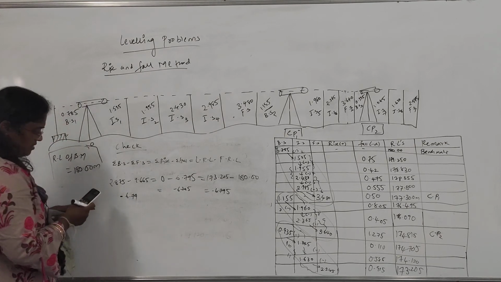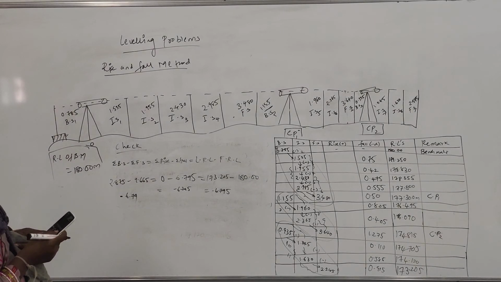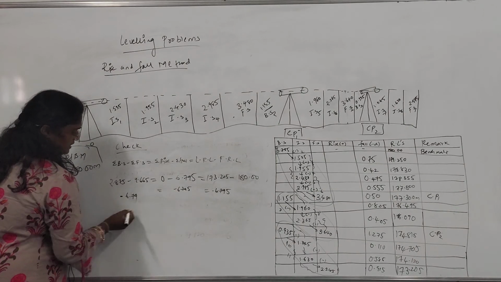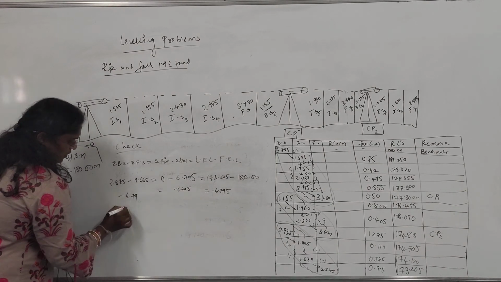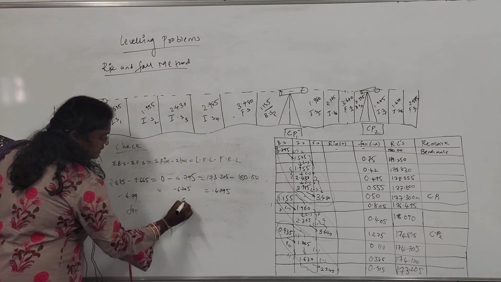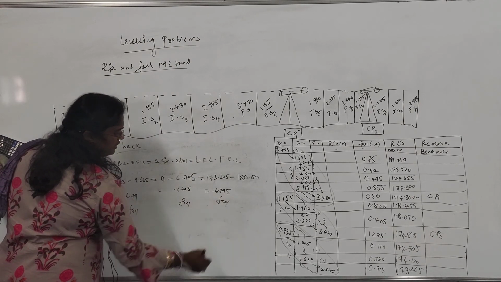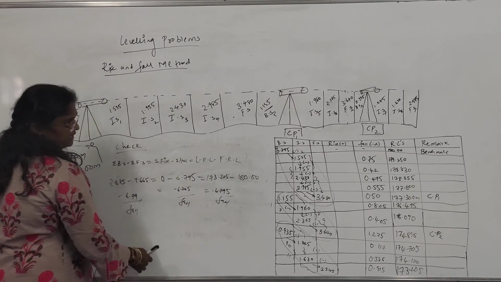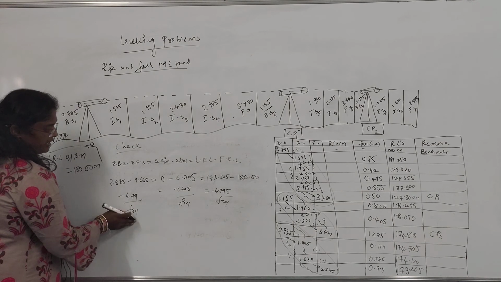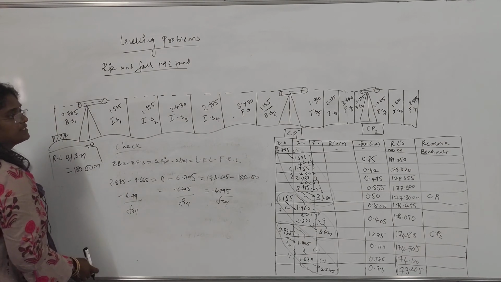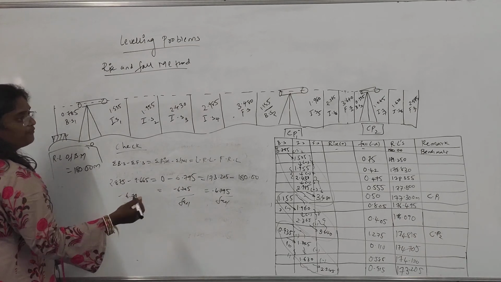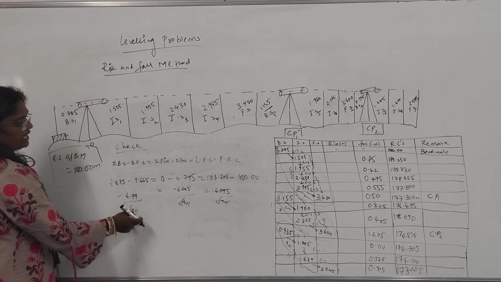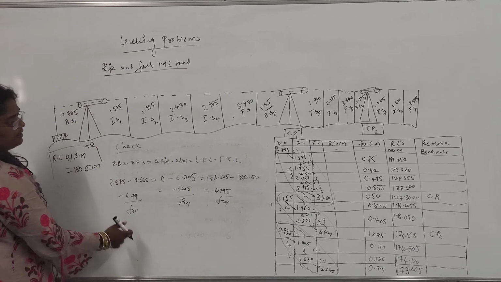This is also minus, right? Approximately we are getting the same values. So obviously this will be fall. All three values are the same, so whatever we did is correct. Here the land you have selected is continuously falling down, meaning you will be getting a slope. The ground we have selected is sloping ground, right?